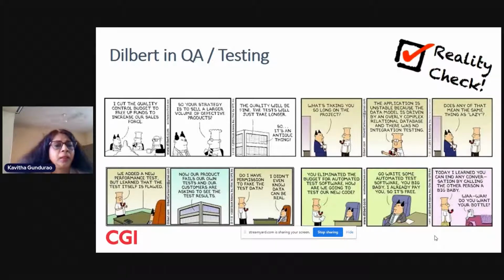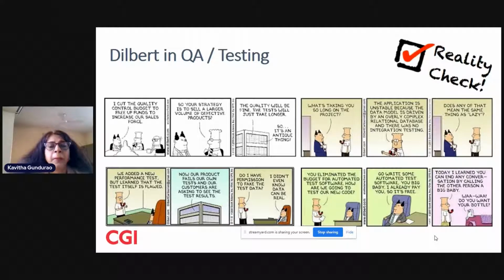Another scenario is about performance testing. Dilbert says to his manager, we added a new performance test, but learned that the test itself is flawed. Now our product fails at our own test, and our customers are asking to see the test results.